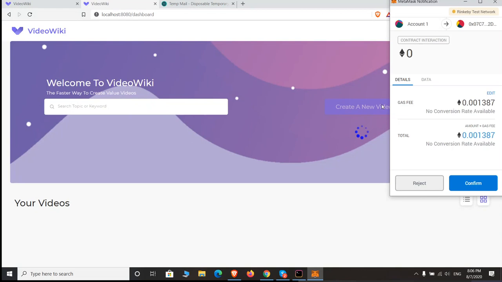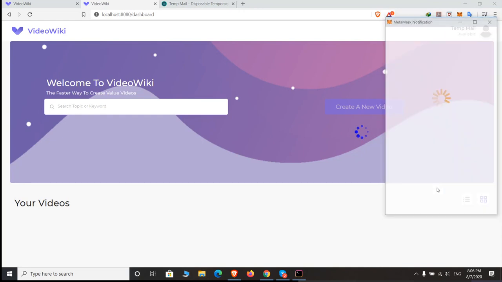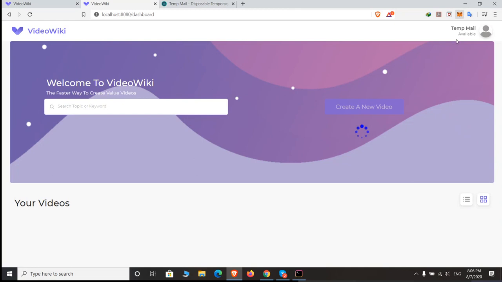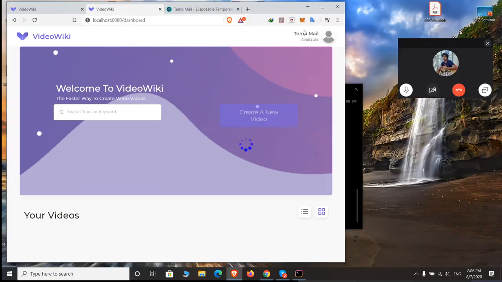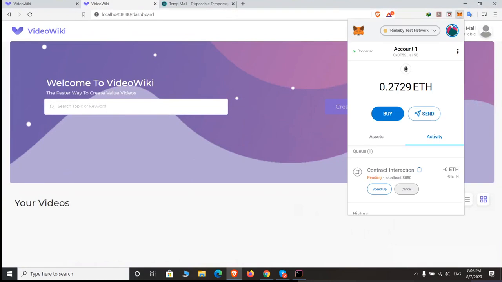One smart contract, the one that is providing us the version control part, is already deployed on the Rinkeby test network right now. And when I sign this transaction, let me show you. After signing this transaction, which is right now pending, I have initialized the starting node of that version control tree.